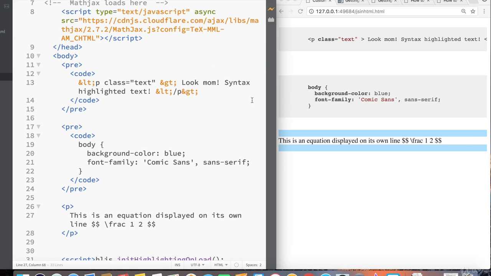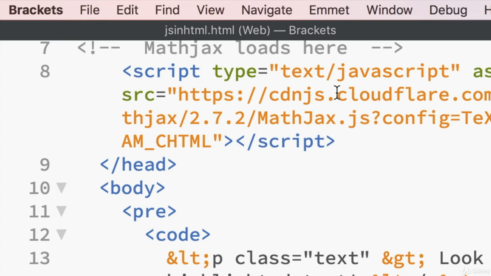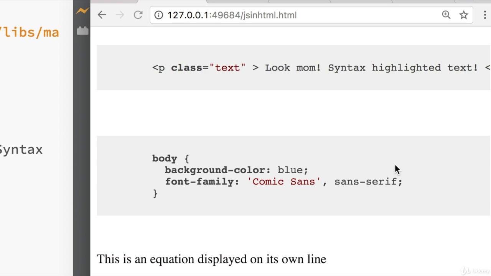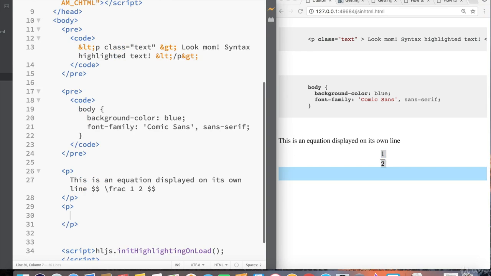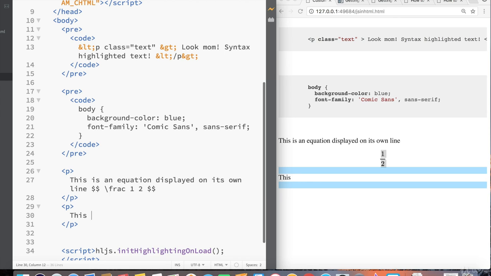That's because we need to reload our page, save. I pressed Command S, Control S for Windows users. Be sure to save your HTML file first, and then the dot that's on the left of the file will disappear. And then refresh. And now we can see that Mathjax formatted our LaTeX equation into a nice fraction of 1/2. Mathjax also supports inline formatting,